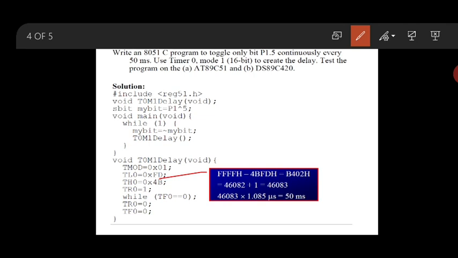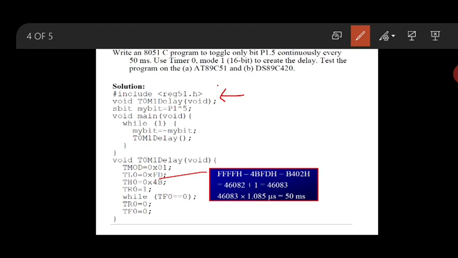Now as per the statement, to toggle only bit P1.5. In the first line of code, we have to include reg51.h, which is a header file, and in the second line we have to call the subroutine program.